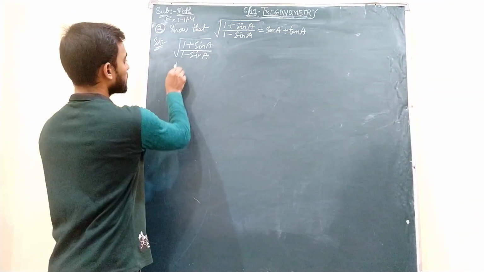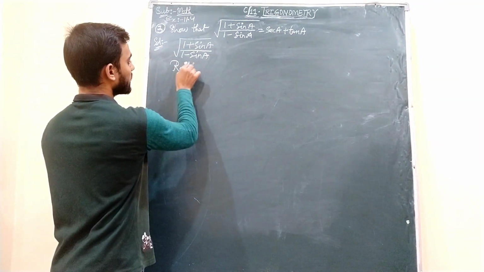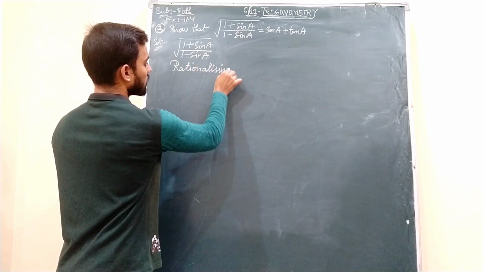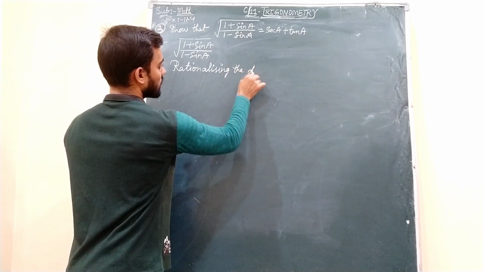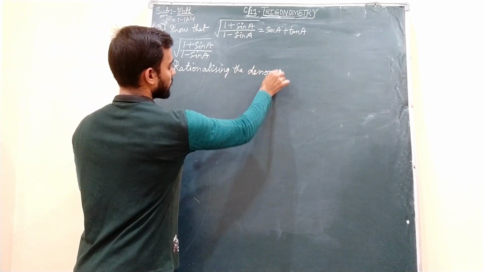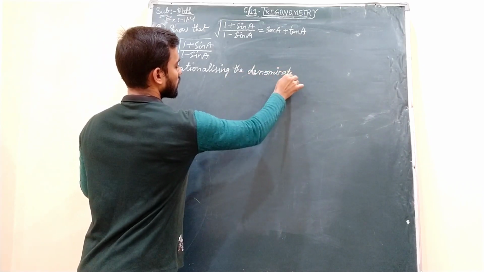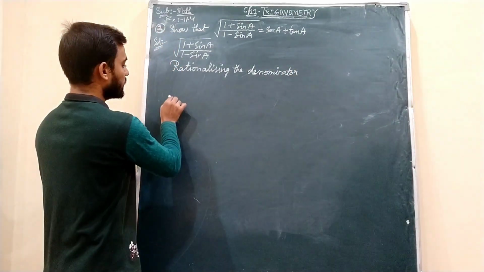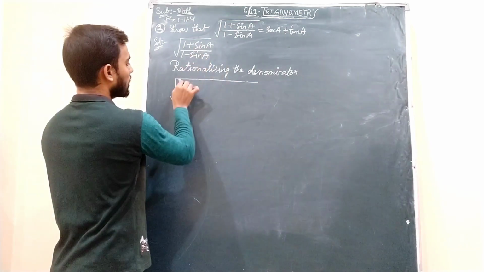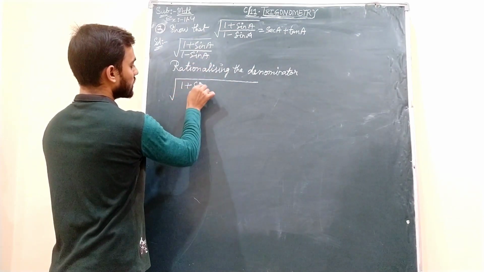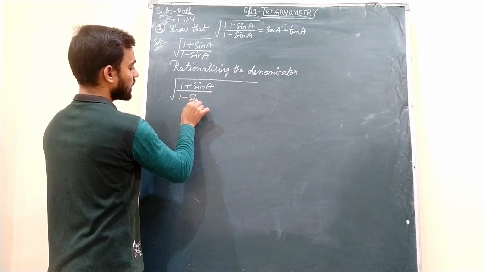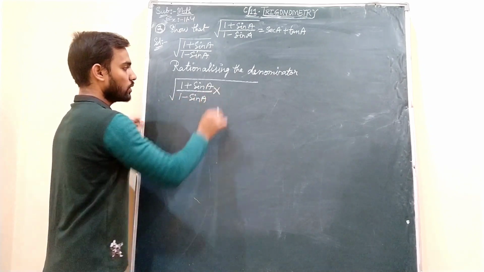Like that only, here also we will rationalize the denominator. What is the process of rationalizing the denominator? That we will see. Under root of 1 plus sin A divided by 1 minus sin A into,